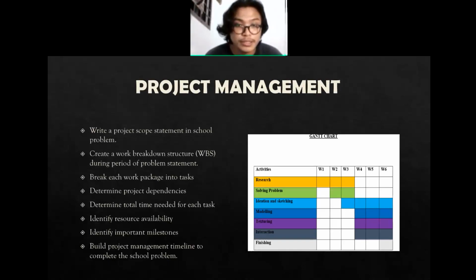So we continued with project management. In project management, first, the problem statement, which is the project scope statement. Second, create a work breakdown structure, which is the WBS, during the period of the problem statement. And third is to break each work package into tasks. Four, determine project